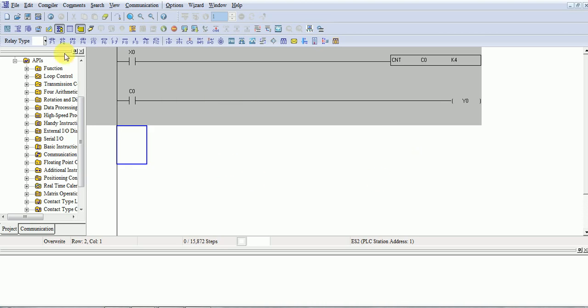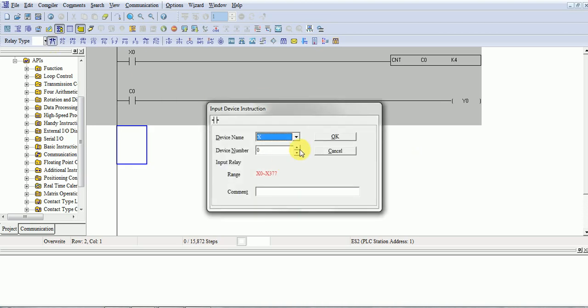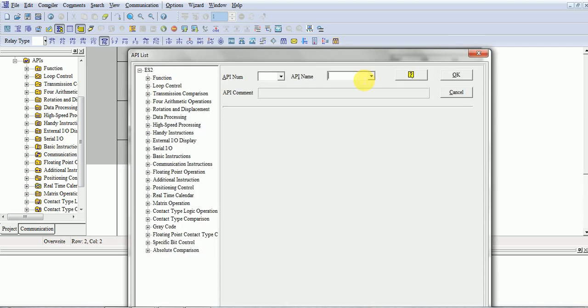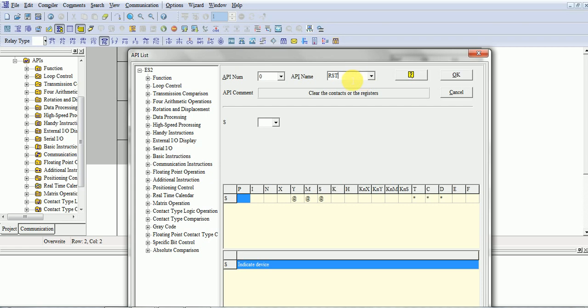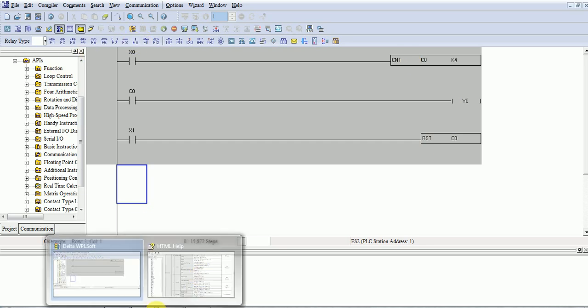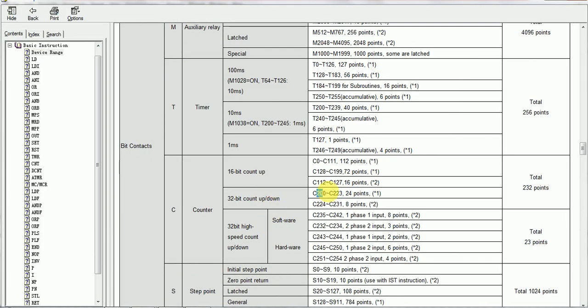And again one for reset, RST, for reset of counter C0. It will reset your counter. Now take your second counter, up and down, C200.